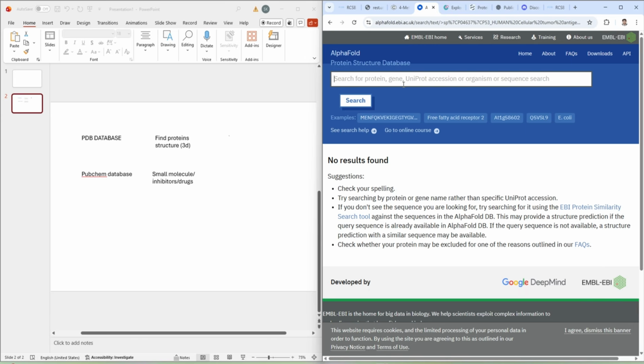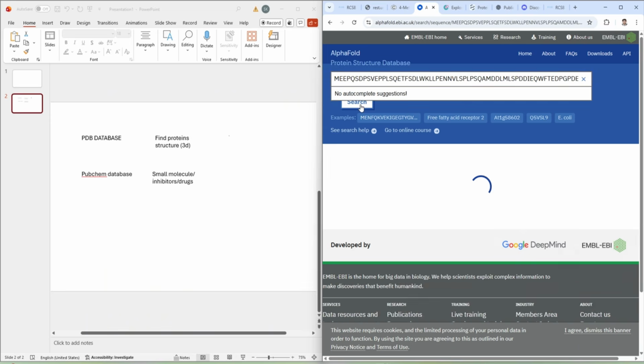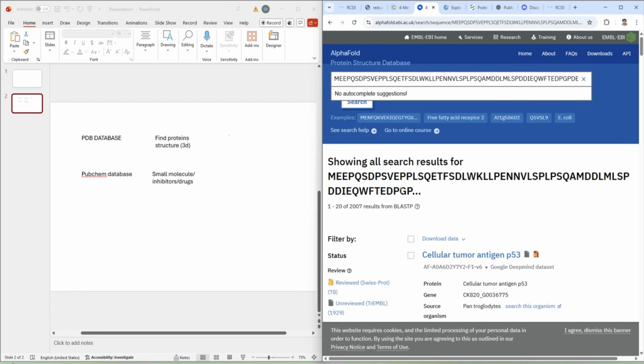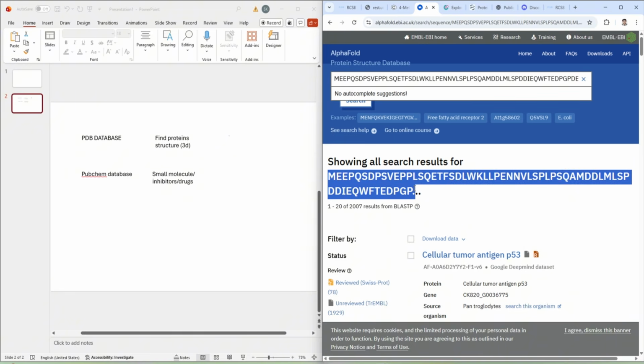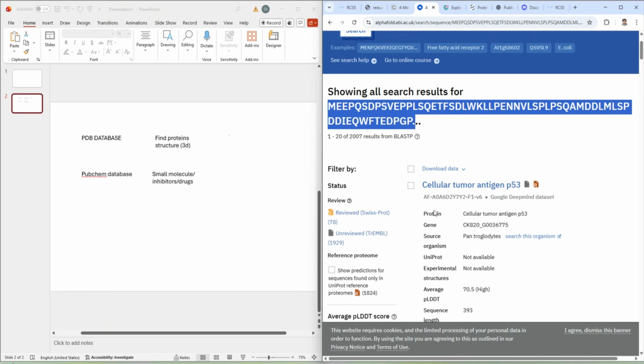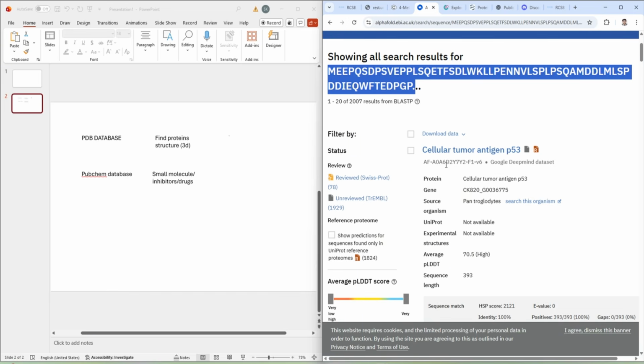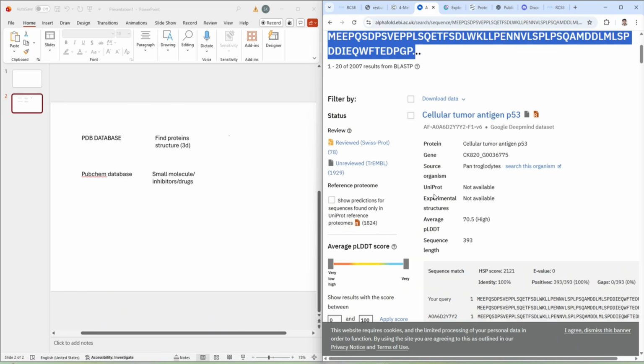Since this protein already exists, nobody predicted it because it's already existing there. So let's check with another one, maybe we remove this one. Here you see that we just pasted the sequence of our protein, and here the protein appears. Okay, so the thing is that this protein comes either from an organism or from artificial intelligence. In this case, this protein came from this